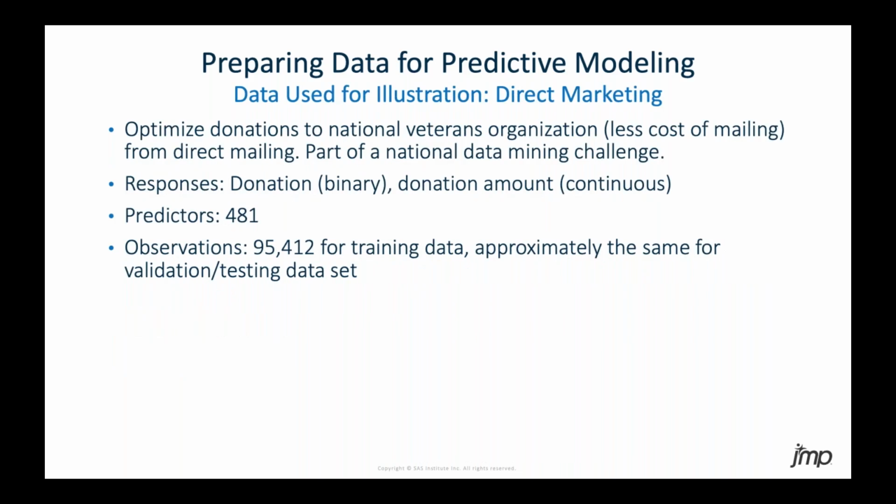Second data set we're going to look at is one that involves an optimization of donations to a national veterans organization, obviously less the cost of the mailing. The idea was: is it better to send a mailing out to everybody, or could I target certain individuals to optimize my overall return rates? And again, if you go to the website where this data is collected, you can find it on one of the two sources that I mentioned,